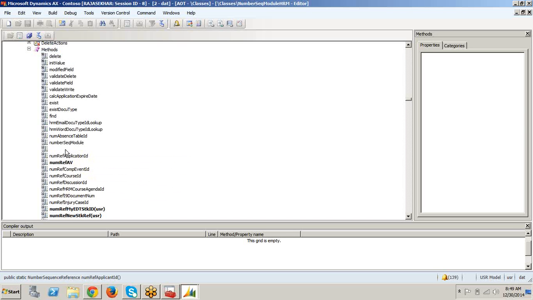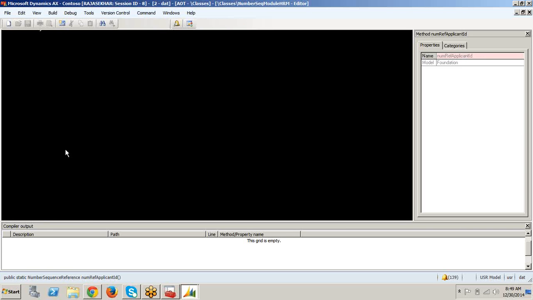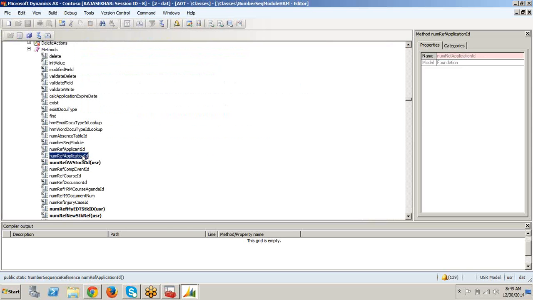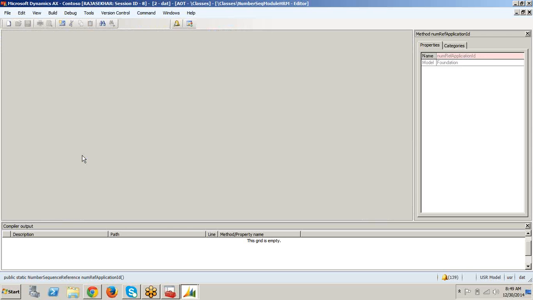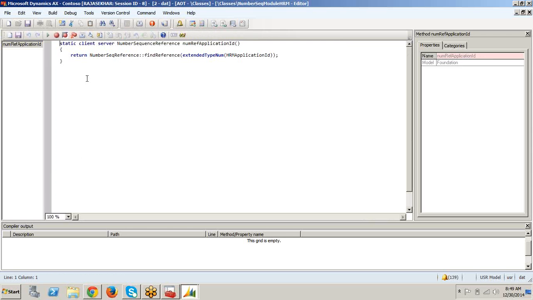So open any of these, copy, and create a new method, paste it here, and give our own custom method name.